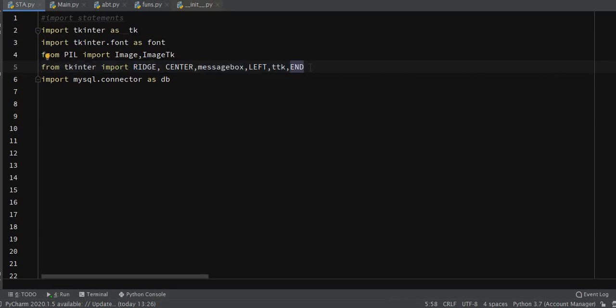Then this statement is optional again, it just provides you some more options. So these are some VIPs of tkinter. These are optional again, so you have to call them specially in separate import statements, only then are they going to show you their jalwa. Okay, then as we are working with a database, I have imported mysql.connector. It's a basic thing, so you don't have to know anything about that. You have to install this separately.